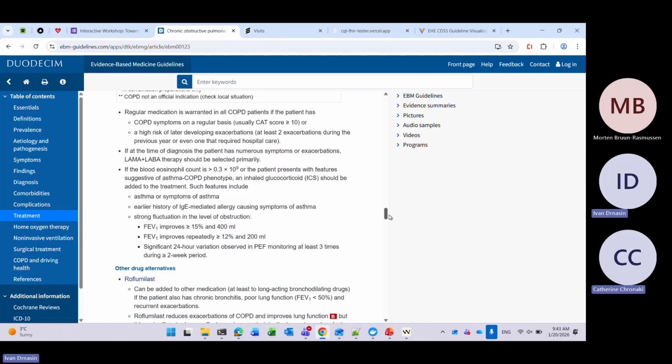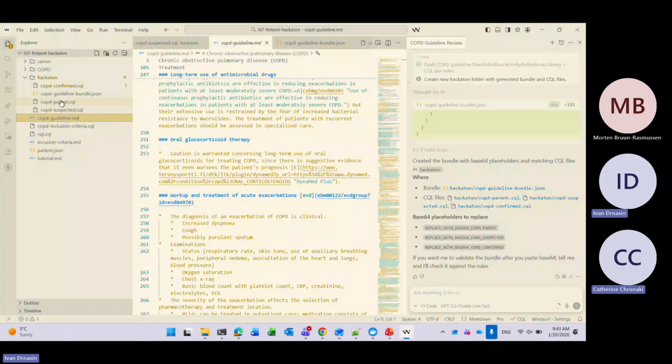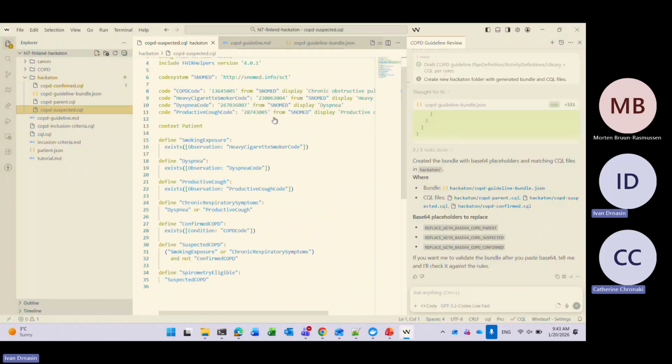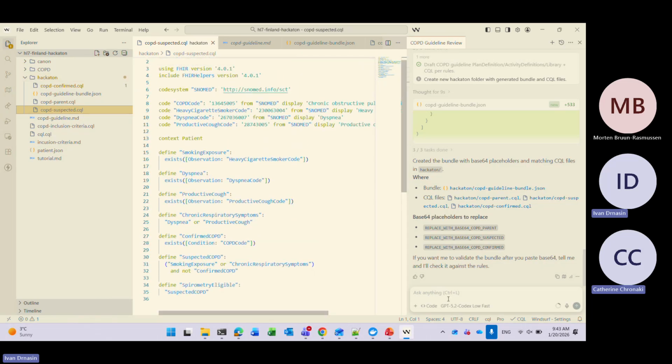And here we see there is a lot of other data that this AI didn't take into account. For example, it never mentioned any asthma. And when I look at the CPL code, for example when somebody is suspected, I don't see asthma. It is also a sign of possible COPD. It only says productive cough, smoking, and so on. But why did this happen? It probably saw some other files.